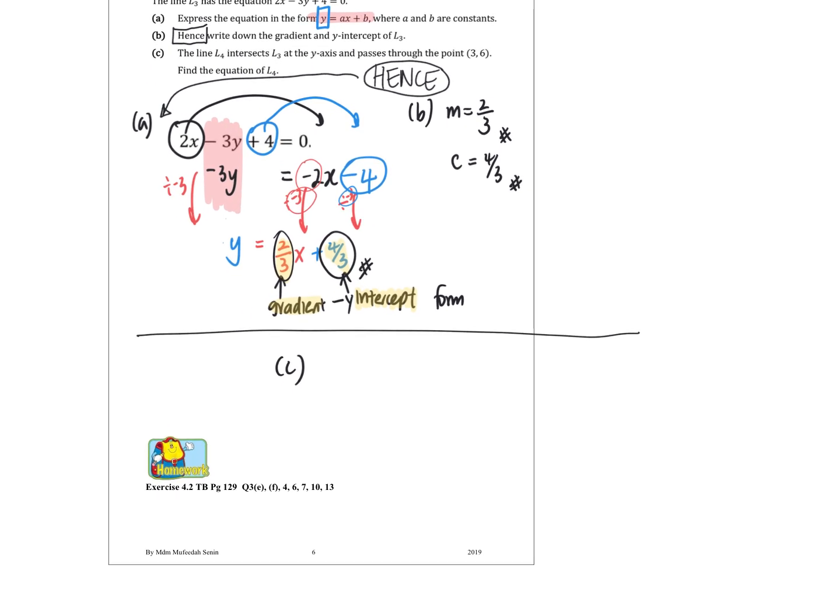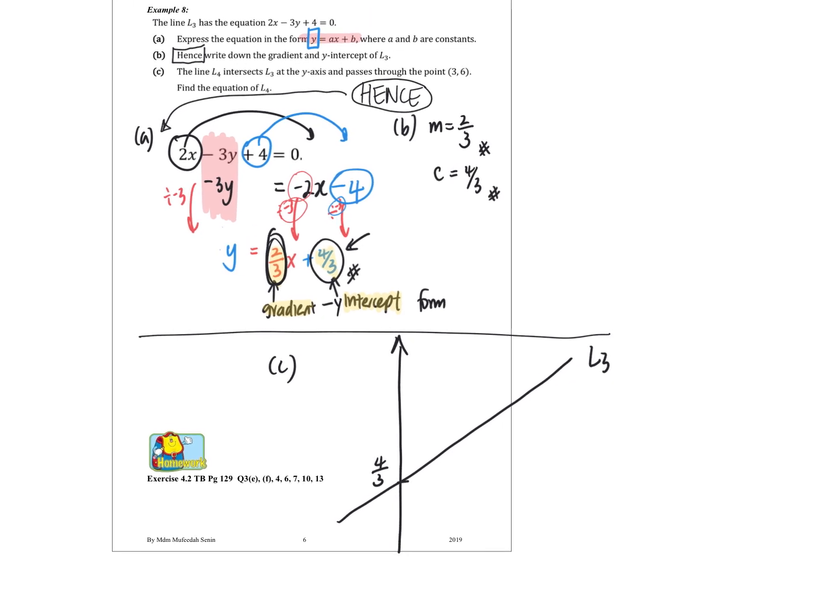It's okay. Okay, anyway, let's say this is line 3. Okay, this is my line 3. Why I drew it this way is because this has a positive gradient, so it should be upward sloping. And they say it passes through the y-axis at the point 4/3. So this is roughly how my line 3 should look. Then they tell me I have another line 4 that intersects the y-axis at